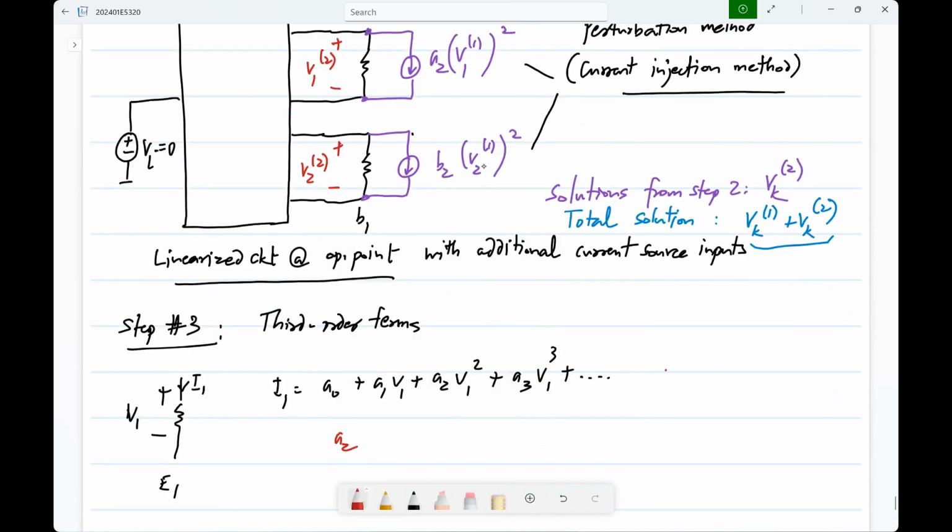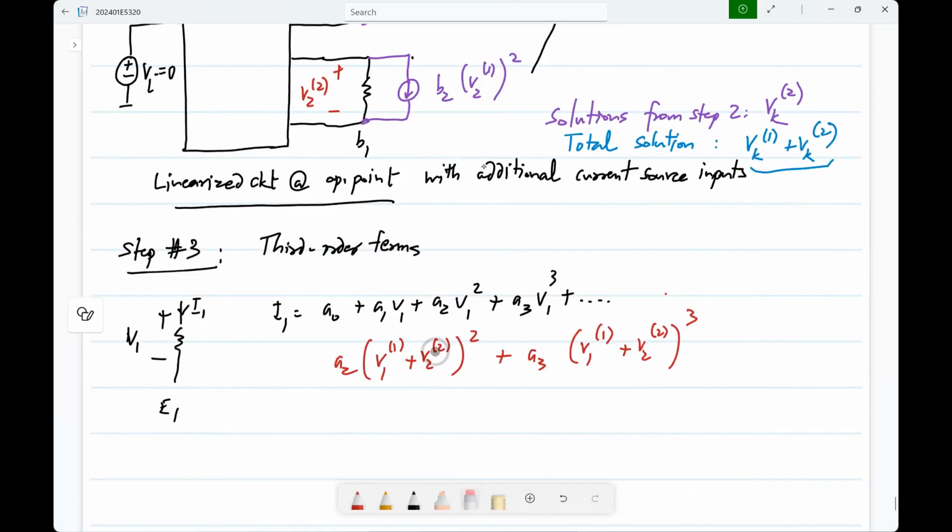you have A2. So first of all, so far we have the first and the second order terms like being squared like this. And then you have A3. Okay. So now what is the third order term? Basically, whatever gives you a total order, that is 3. Okay. So from this, the third order terms are, so here we would get,